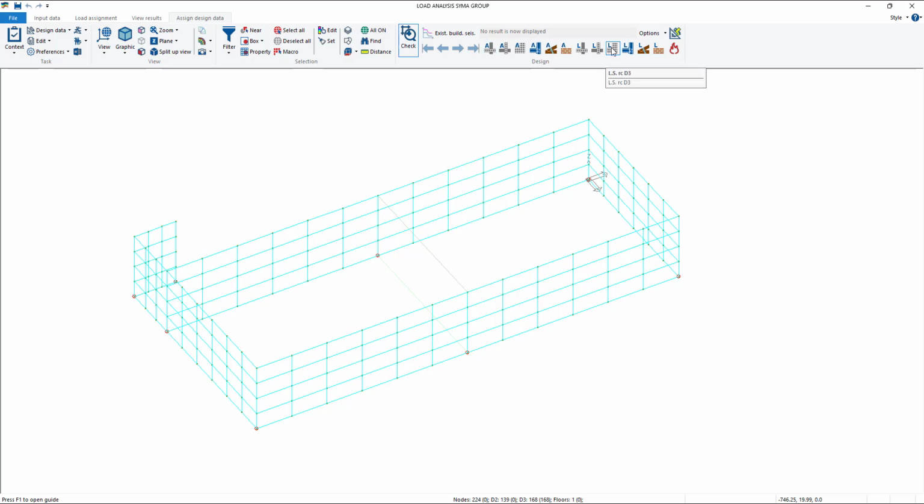And this one with the L is for the limit state combination. So you generally use these. And this is for concrete beams, concrete columns, concrete slabs or walls, so the concrete D3 elements. This is for steel, timber, and masonry.